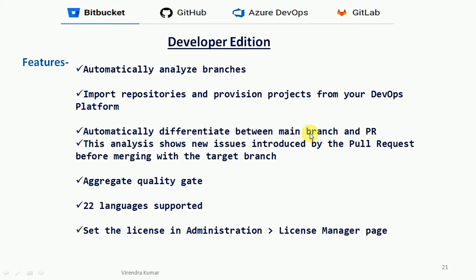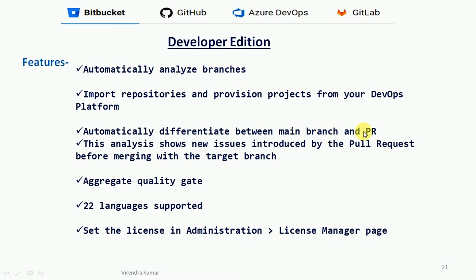It automatically differentiates between the main branch and the pull request. Every project in GitHub or Bitbucket has a main branch, which we call the master branch, and then we have the pull requests. There are n number of pull requests. Suppose in one team there are 5 team members, and there is one main branch, that is the master branch.